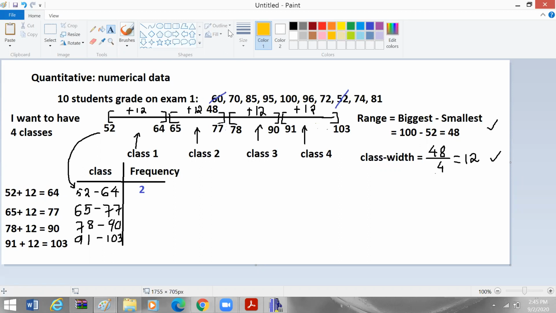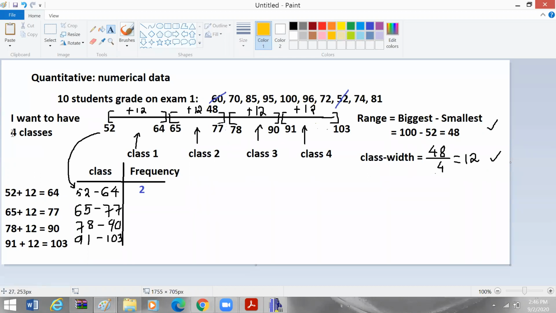Questions, Rob? I'm following everything. I just don't know where the 4 classes came in. Oh, this is a number I want to have, 4 classes. Usually it comes from the question. It will be given in any question, right? It has to be given. If that is not given, you get full credit on that question for sure.